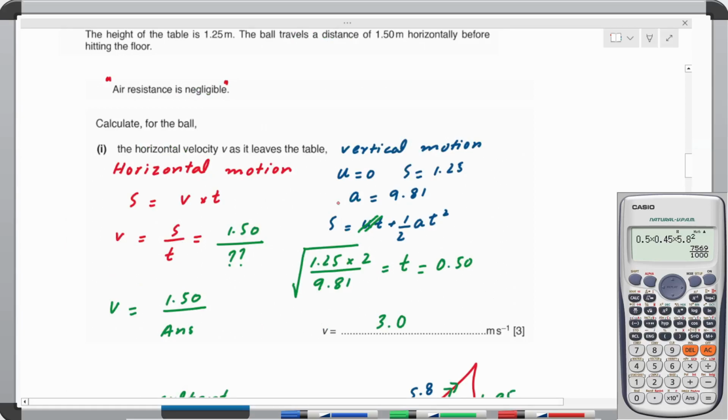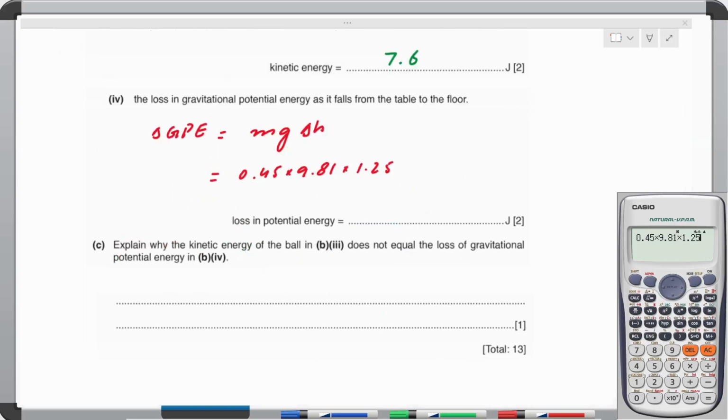So what we write here is 0.45 times 9.81 times 1.25, enter. So what we get for this one is